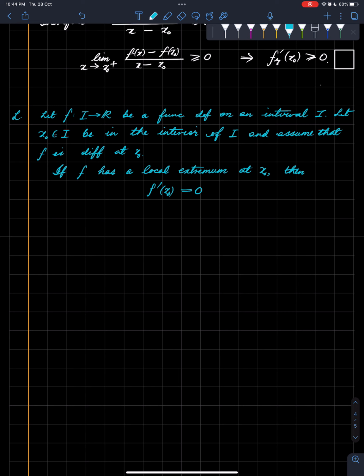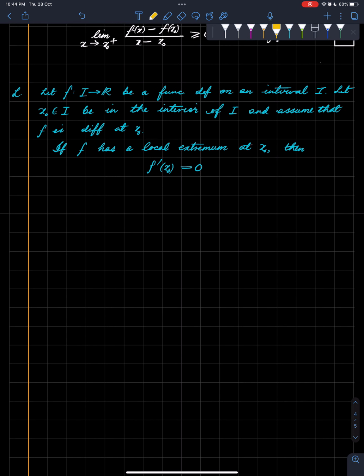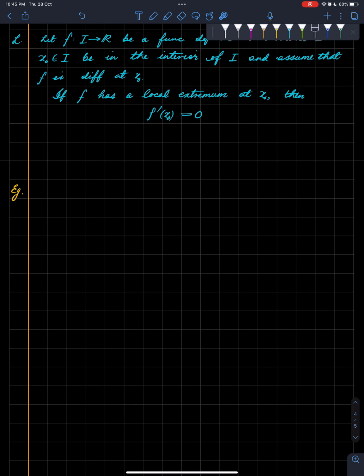This is just an exercise now, and let me finish with an example. So what we have proven here is that if you have a local extremum at a point in the interior of the domain where the function is differentiable, then the derivative must vanish, but the converse may not be true. So it is not necessary